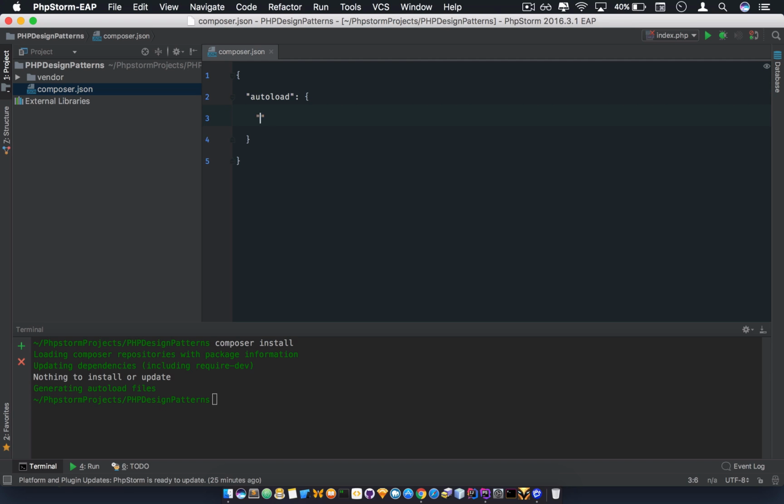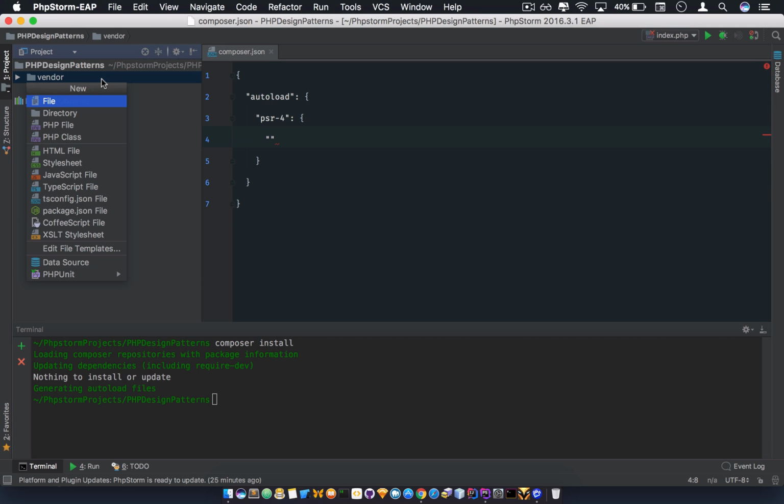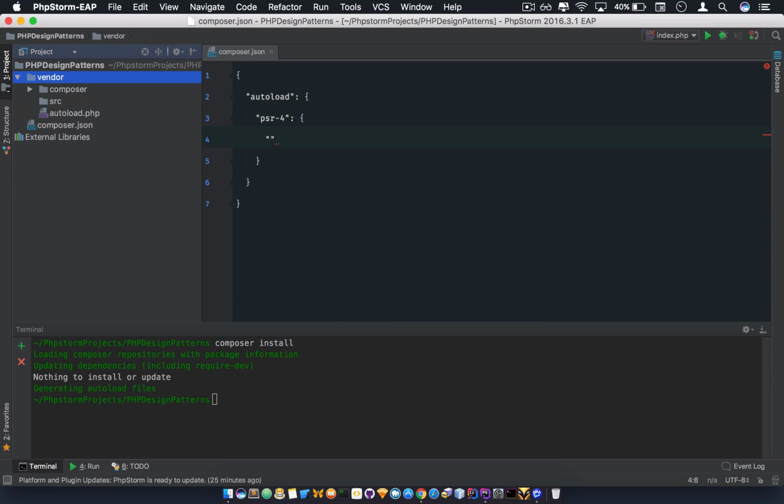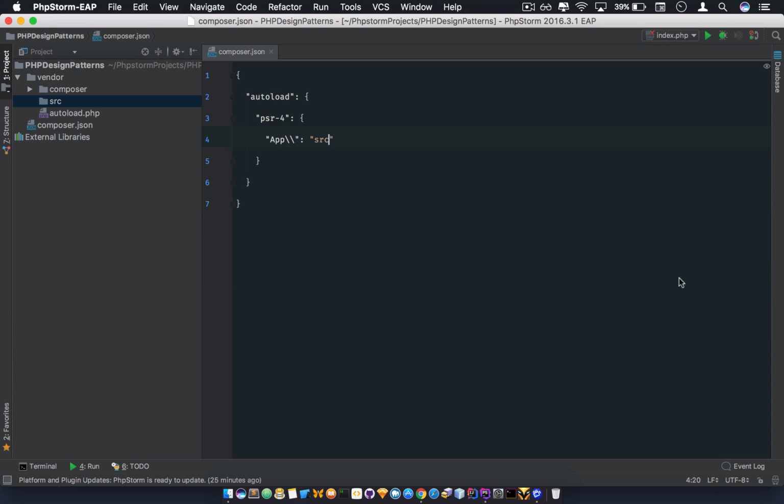I'm using PSR-4 here, and let's specify the directory. I'm going to create a new directory called source, and inside here let's specify the namespace as app. You can call this anything you want, and map it to the source folder. Then run composer dump-autoload to generate the files. Alright, once this is done,